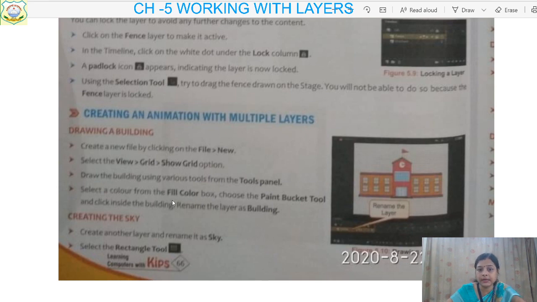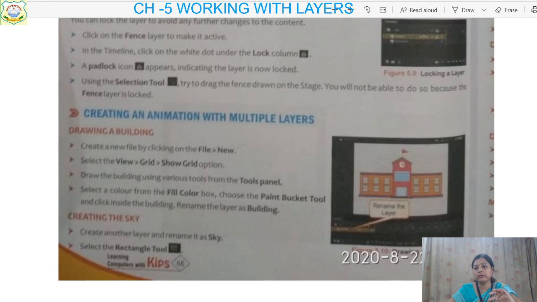And fill some color. How will you fill the color, children? By using the paint bucket tool. By using the paint bucket tool you will fill the hut with color according to your choice, and rename the layer as building. They have kept the name building, you can keep anything. You can use my building, my hut, my house, whatever.